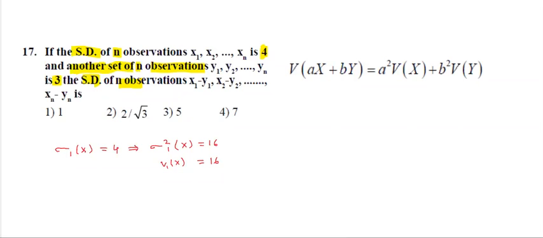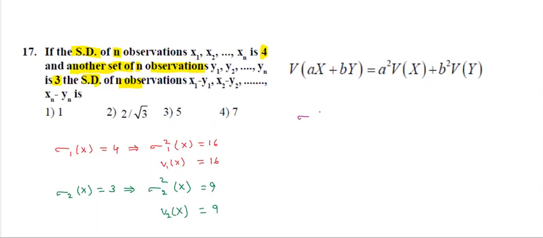Similarly, sigma 2 of x, that means the second observations' standard deviation is given. How much? 3. Do that, squaring on both sides. Sigma 2 square of x is equal to 9. But sigma 2 square of x means V2 of x only, variance. This is 9. But we need to find